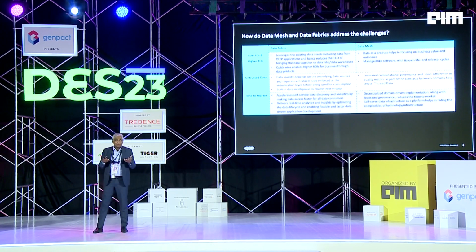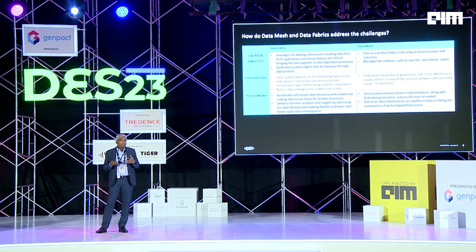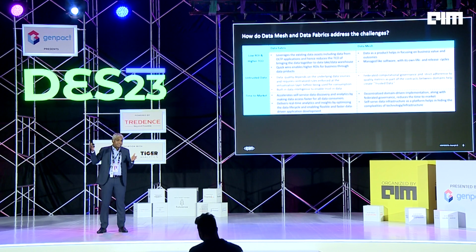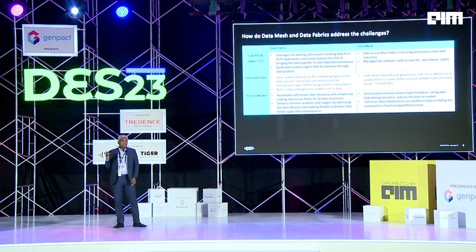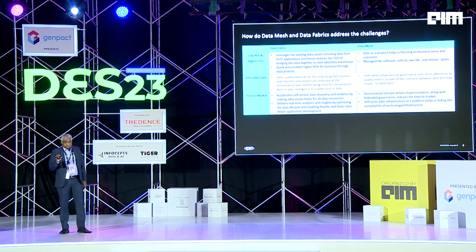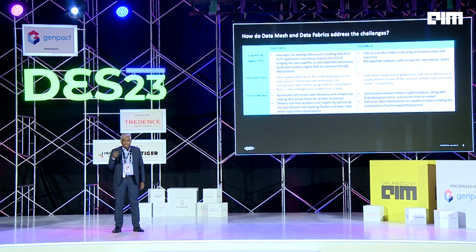Typically, when we talk about a new use case, we talk about how many pipelines need to be built, how many reports need to be built. Then we do the estimation, the IT team gives an estimate, and then we add some business value on top of it. Here, the business value starts first, and the entire infrastructure is masked underneath. It's hidden fully, and it is driven by the data product owner, who is from the domain side and owns that particular product. It is managed like a typical product, and hence the release cycles and everything follow that.